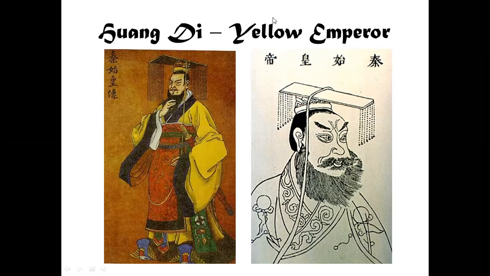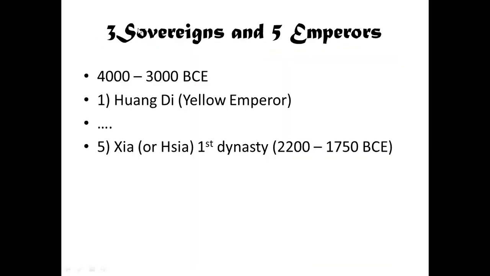So again, Huangdi is considered the beginner of all these traditions, not just these religious and spiritual practices, the religious Taoism, but also all the writing in ancient China. So again, he's thought to be just a mythical figure. He probably represents somebody who might have actually existed, but he's supposed to be the first emperor, the Yellow Emperor. Okay, and he's a part of this 3 sovereigns and 5 emperors period between 3000